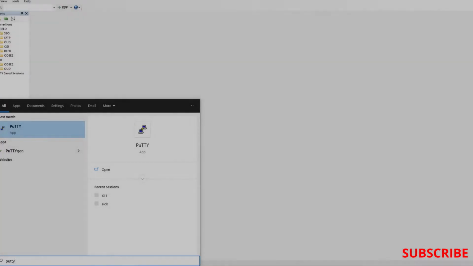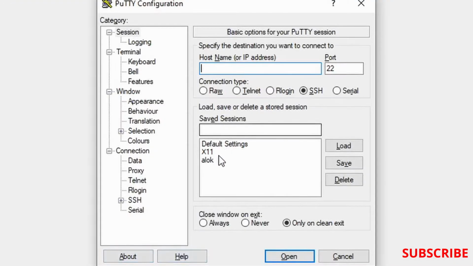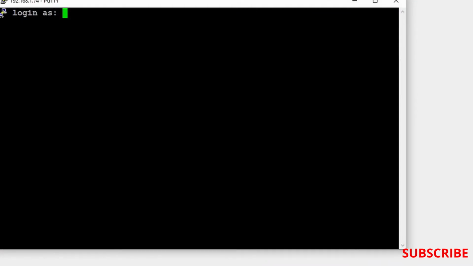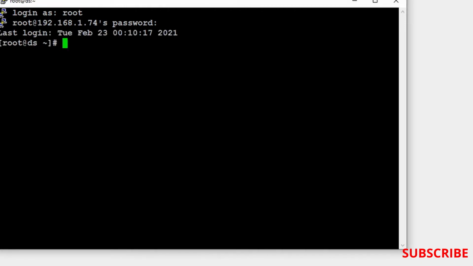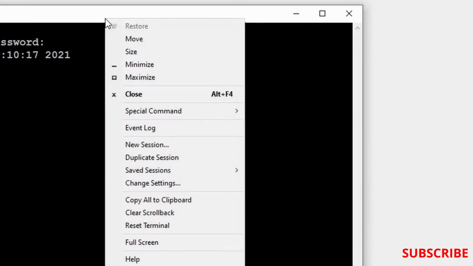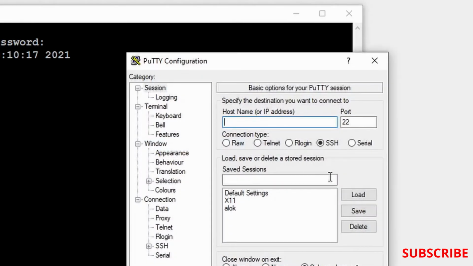Okay guys, so let's open PuTTY. I have the root user, so I am logging in through the root user. However, you can log in through whatever user you have.